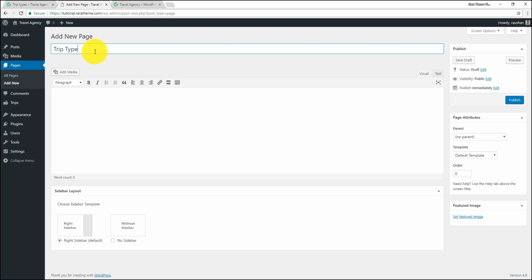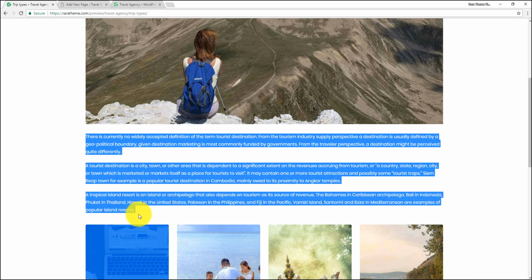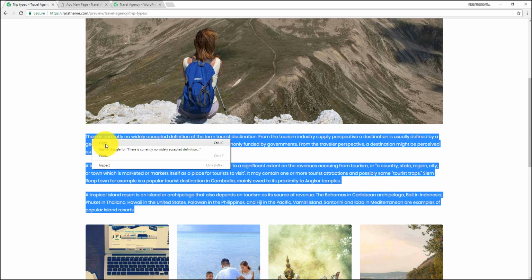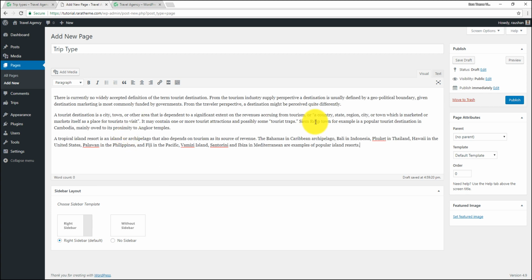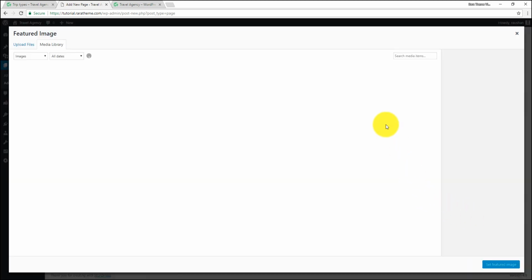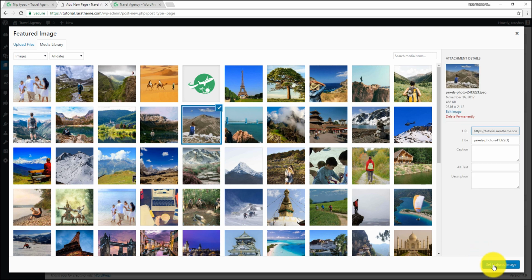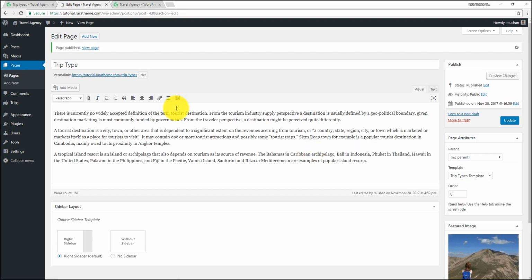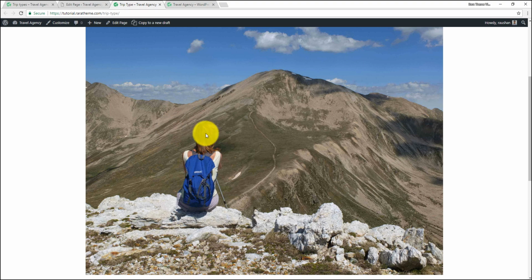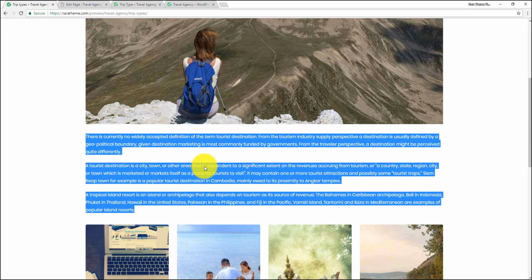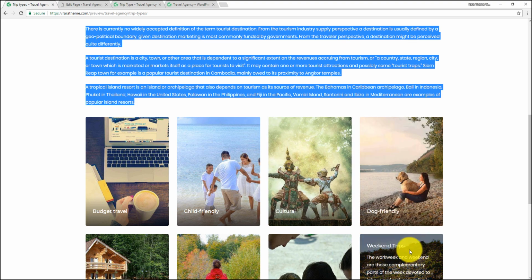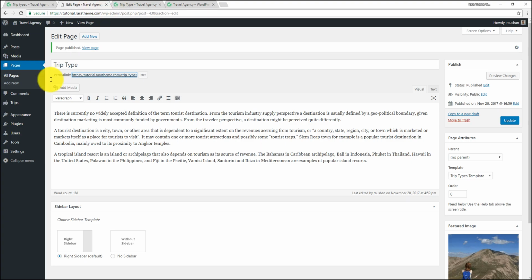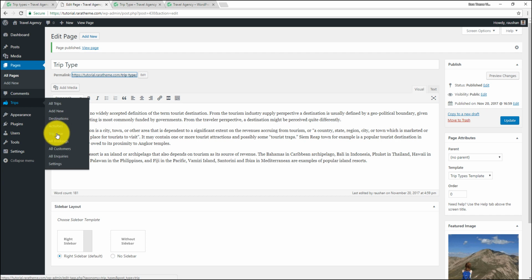Trip Type, add some description, select an image, and select trip types template. So we have a title, we have the feature image, and we have description. In order to display these trip types, we need to create them. For that, let's go to trip type,